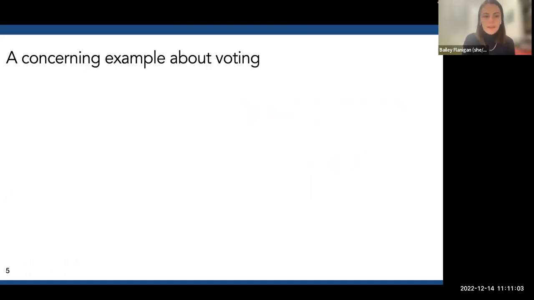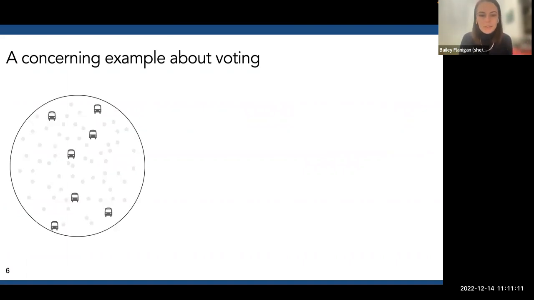Okay. So let's talk about voting. This is a pretty important setting to study because this is pretty close to what we use in our standard day-to-day democratic decision making often. And I'm going to walk you through a detailed example so that you can understand why voting fails in some cases, and whether or not we should really believe that this is just a worst-case cooked example versus a pattern that we should actually be really concerned about.